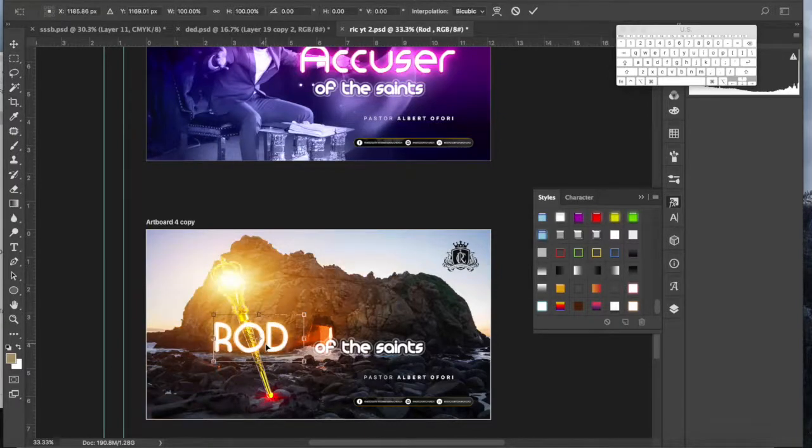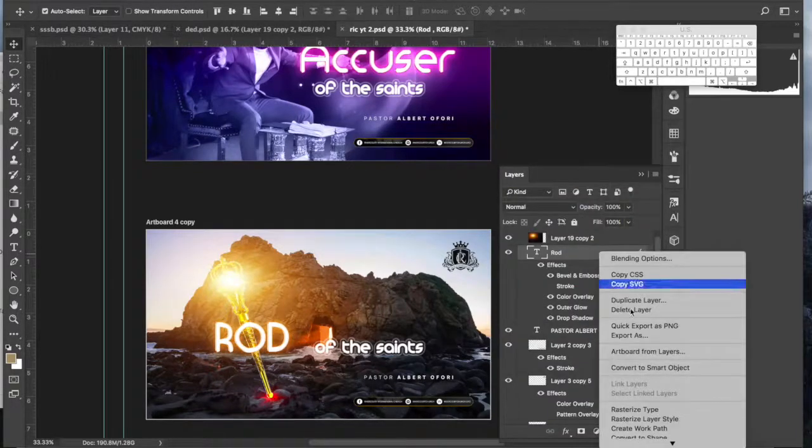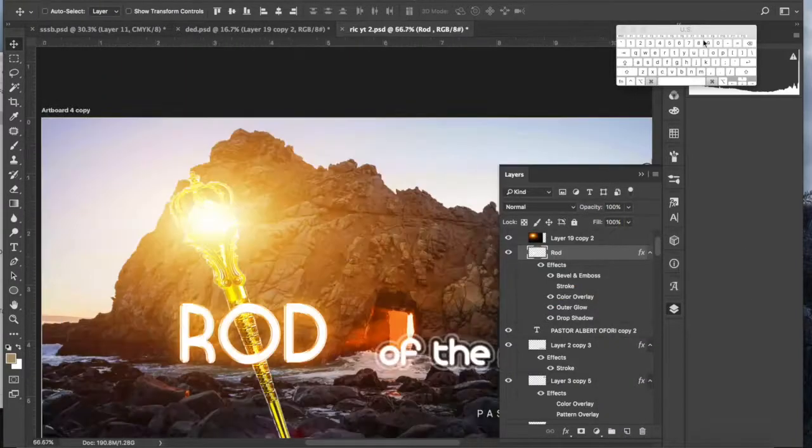we can put the other part of it beneath it, very small, not too big as the rod, but a little bit smaller than the rod. So as we have it in place, let's use a trick here by going over to the rod, rasterizing this text so that we can actually make some cuttings out of it. So I'm going to clear one part of the O, that's the top part,